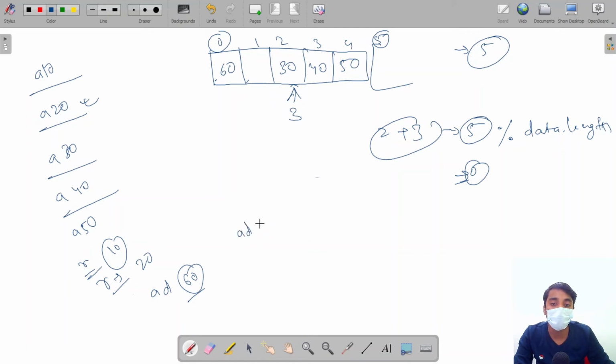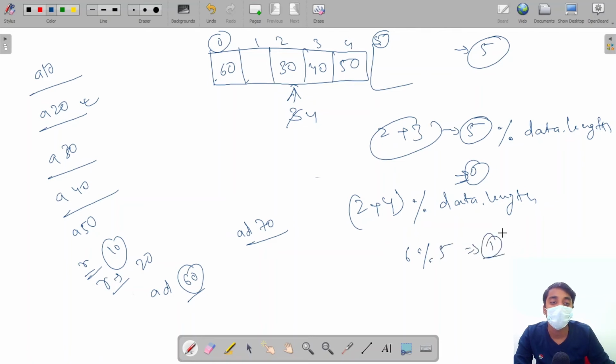Now if we again want to add 70, the size is now 4, front is pointing at 2, size is 4. If we modulo this by our data length, which is 5, we will get 1. This is the index to save 70.